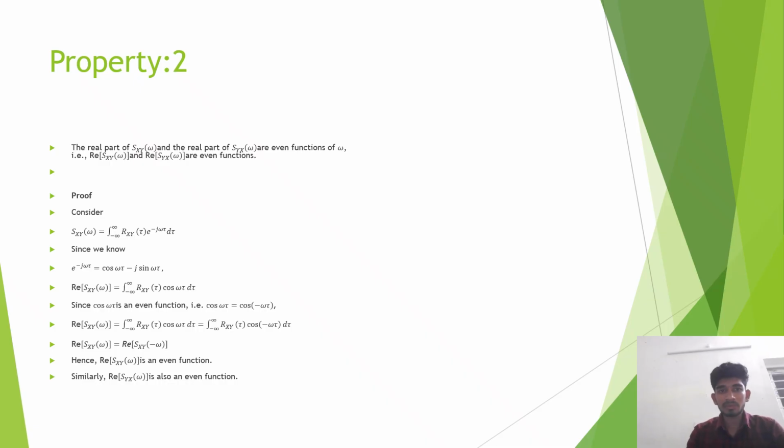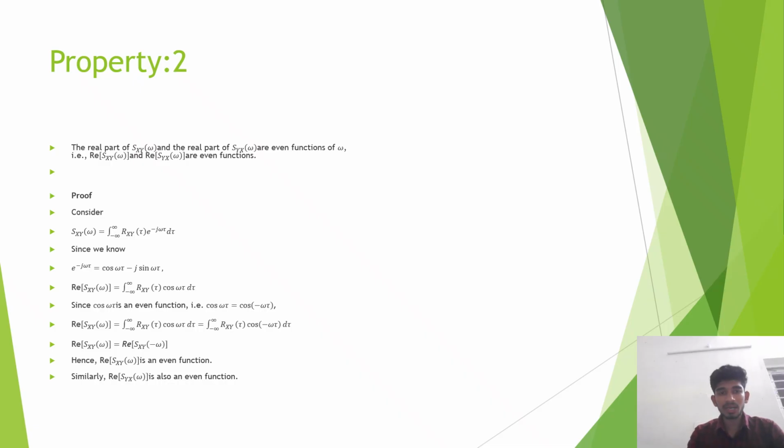Property 2. The real part of S_xy(omega) and the real part of S_yx(omega) are even functions of omega, that is, real of S_xy(omega) and real of S_yx(omega) are even functions. Proof. Consider S_xy(omega) equal to integral from minus infinity to infinity of R_xy(tau) e power minus j omega tau d tau. Since we know e power minus j omega tau is equal to cos omega tau minus j sin omega tau,